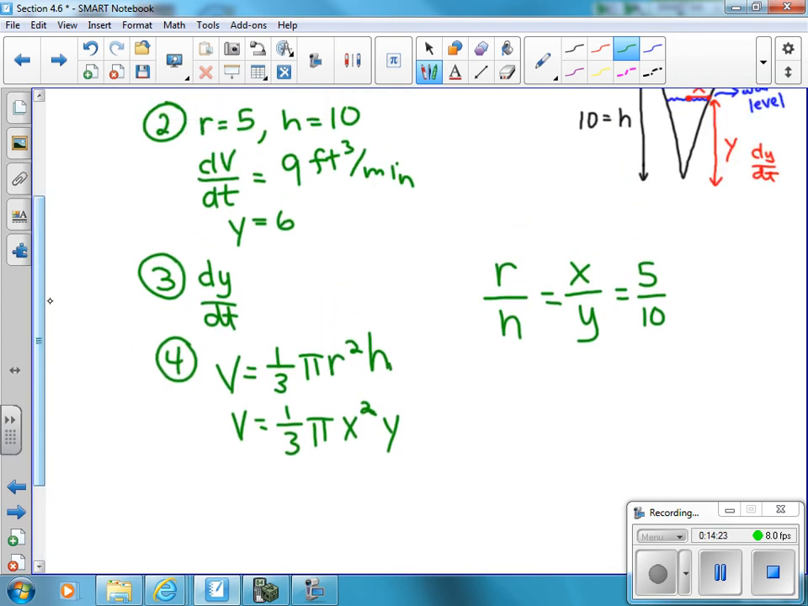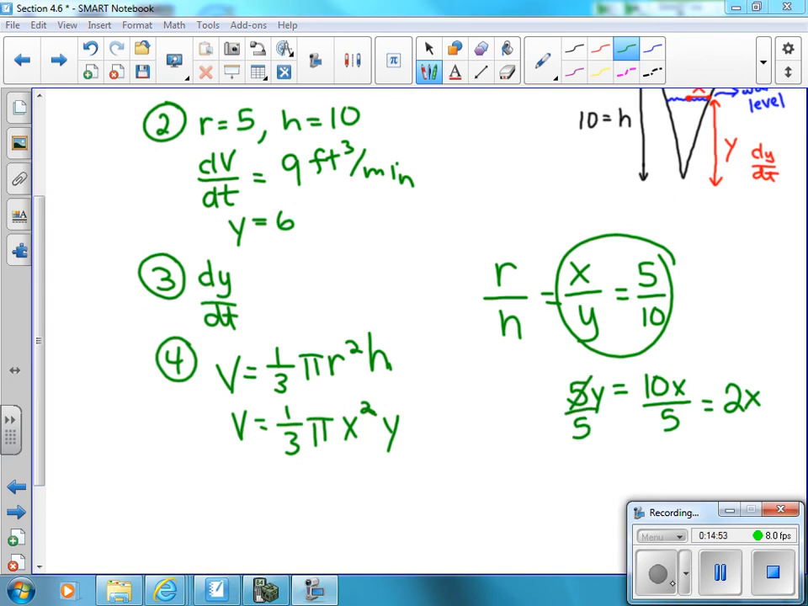All right, so we can take this equation and let's solve for y and make it into a y equals equation. So let's cross multiply: 5y equals 10x. Divide both sides by 5. We get y is equal to 2x. All right, so that's what we're going to plug into the equation, except